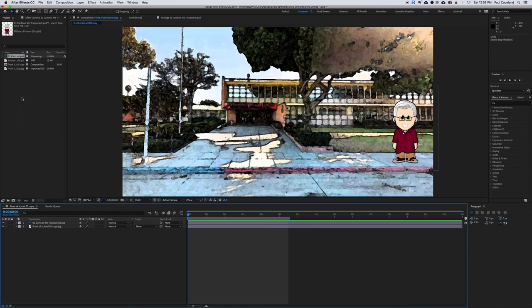Let's make a tween animation. We've got our background dropped in and we've got our character dropped in, all set up in the layers. We've got our character set at our starting position. Then we're going to come down and we're going to open up